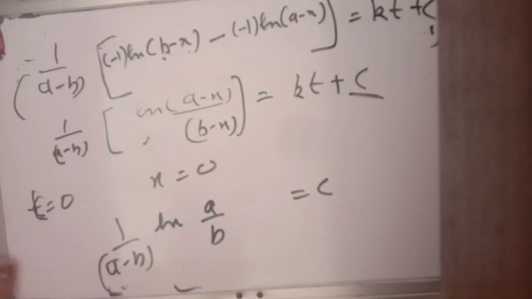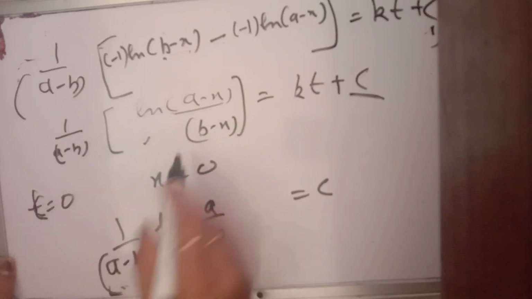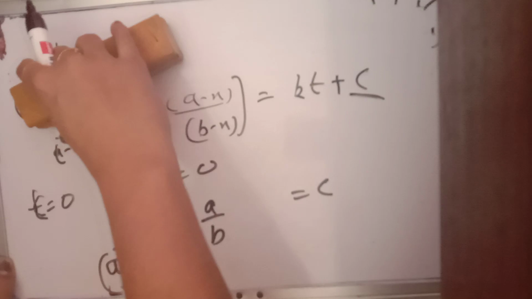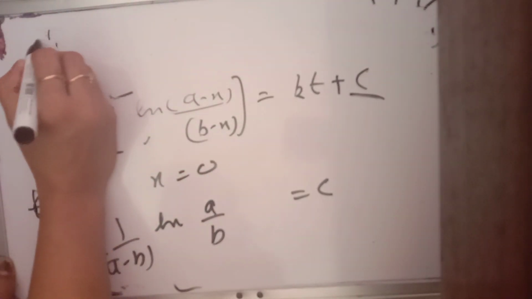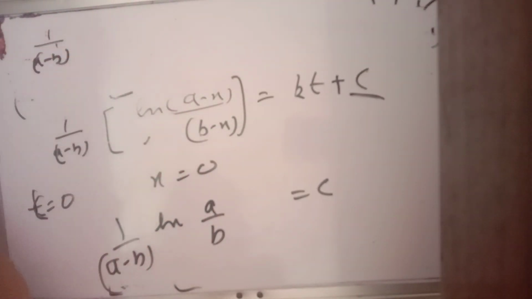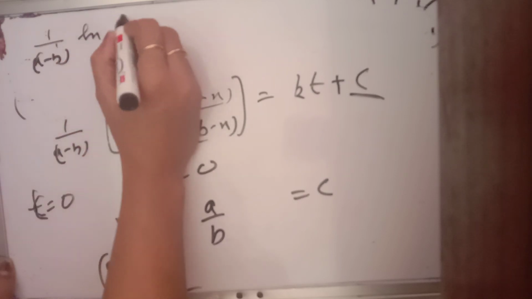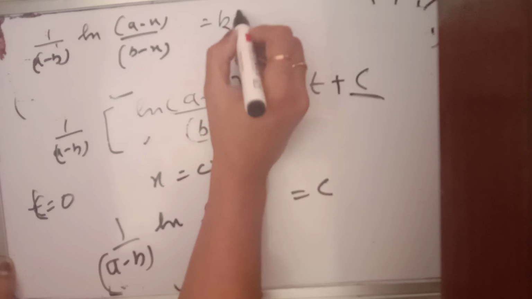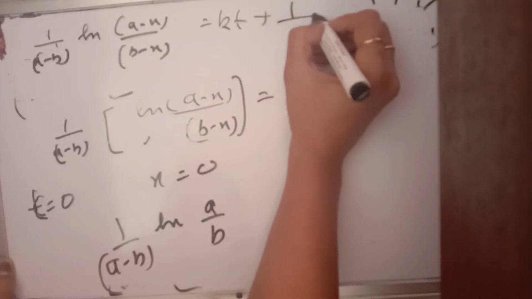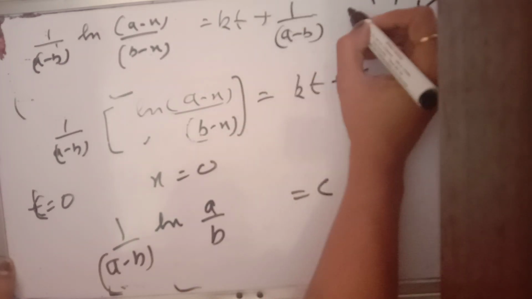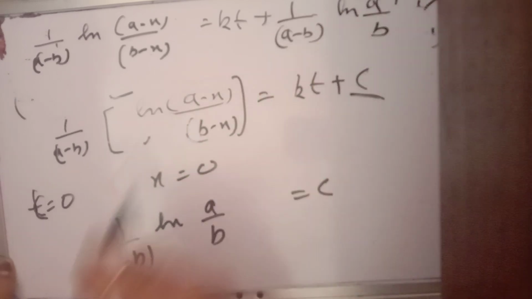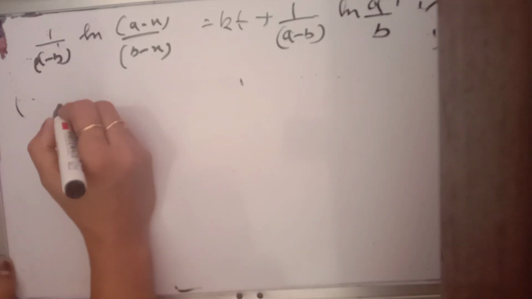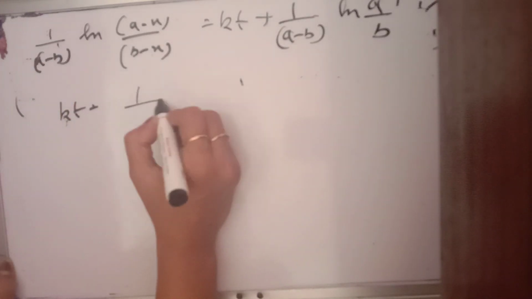So this equation, 1 upon A minus B log of A minus X over B minus X, is equal to kt plus c. I will put the value of c here, log A upon B. So this is my expression. Now I have to simply rearrange the terms. kt will be equal to 1 upon A minus B